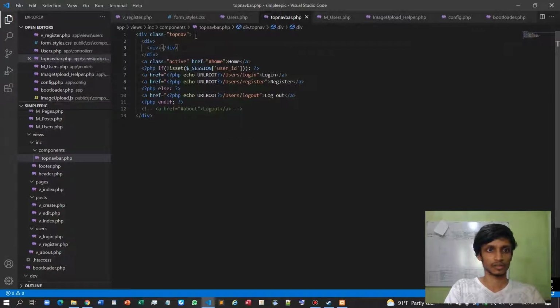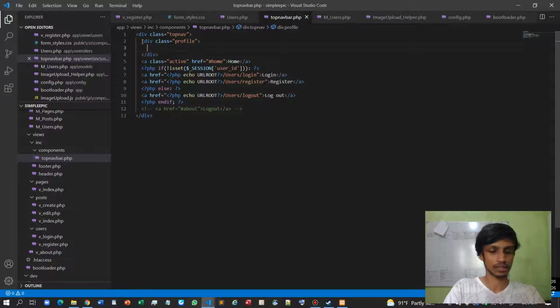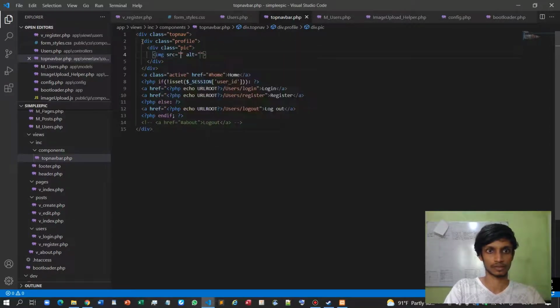Maybe we can make changes later on, but for now I will simply add these. Okay, so let's add a new division called no profile. So another division called P. This is img src. So this is basically PHP. Go to the corresponding URL root,